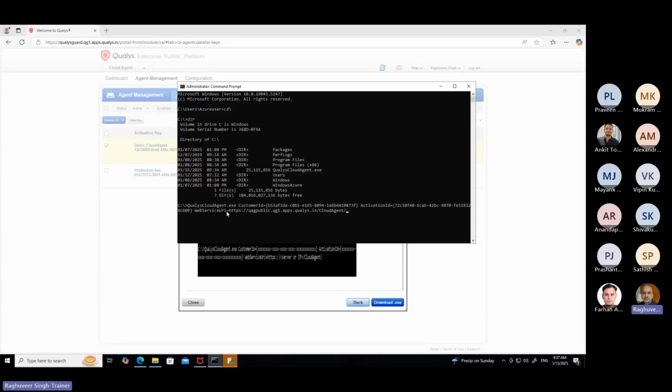And then you also see web service URL. The web service URL corresponds to your Qualys cloud platform. That's it. Hit enter and it will install it. It hardly takes a minute to install it. And once it is installed, you will see the pop-up on the screen. So it is installing the agent. After the installation is complete, you will come back to the command prompt and it also says successfully installed Qualys